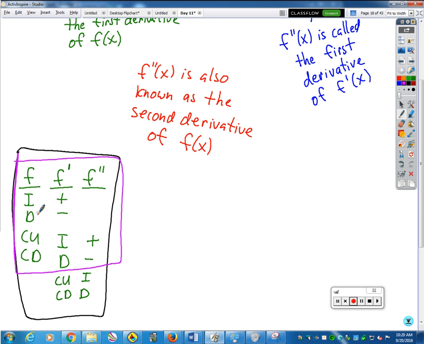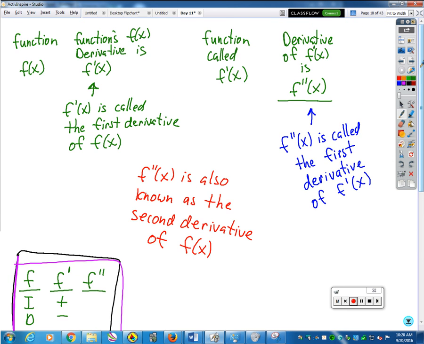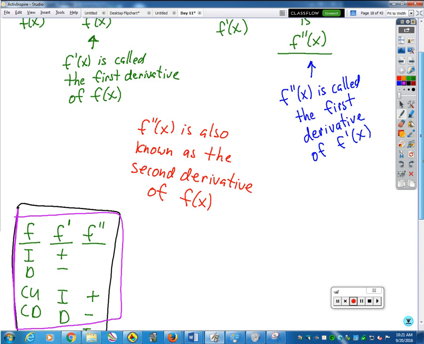Any questions so far? Awesome. Let's do an example. A couple of things for your notes. We have a function called f, and then a function called f prime, which is the derivative of f. And here's the second derivative of f, the first derivative of f prime. Pretty comfortable with all that. It's time to start throwing in some real life situations with all this stuff. So the next thing you need to write down is